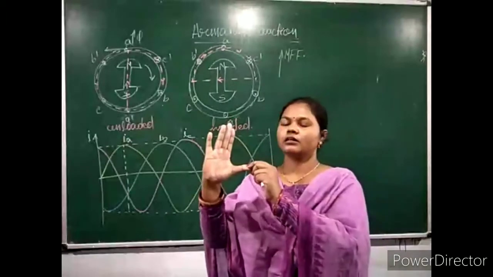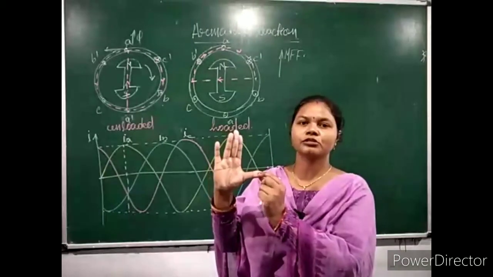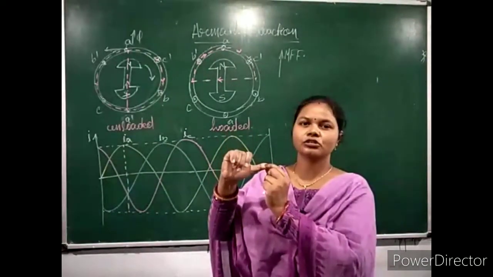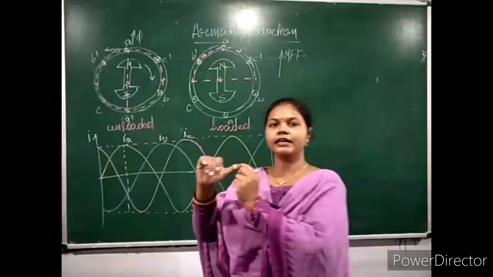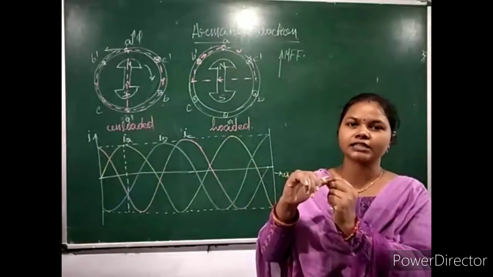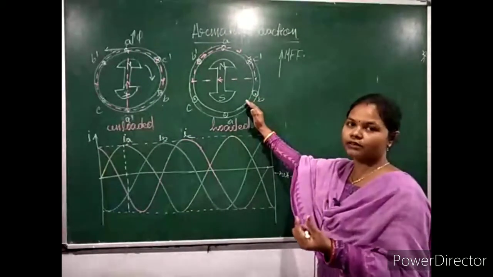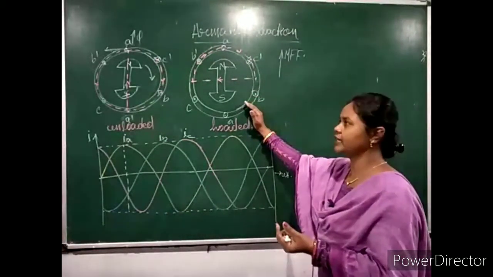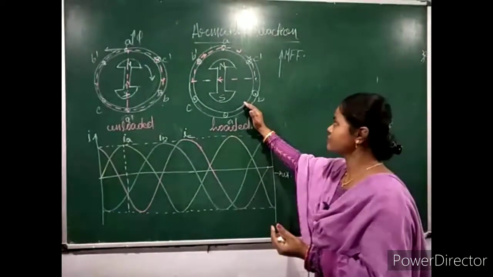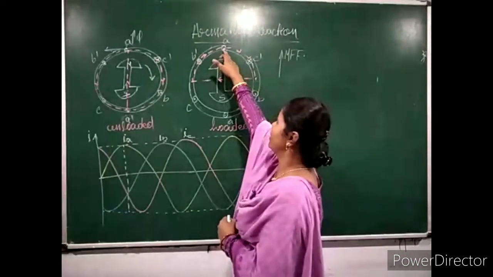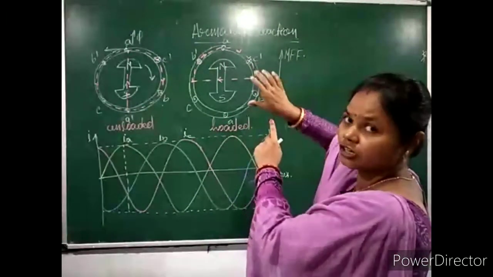This is my right hand. According to the right hand curl rule, if the thumb shows the direction of current, the curl shows the direction of flux. So I apply here for getting the armature flux, the right hand curl rule. Generally for a motor, the left hand rule is applied, and for a generator we apply the right hand rule, okay. So as it is inward, my thumb is inward and the curl is clockwise, okay.